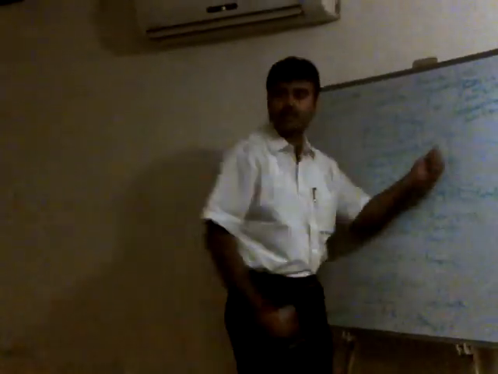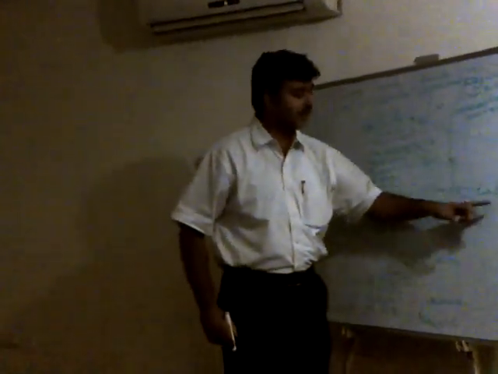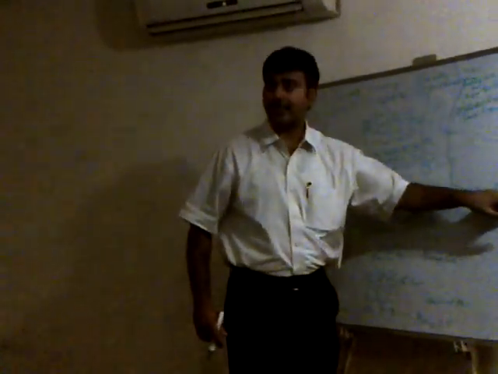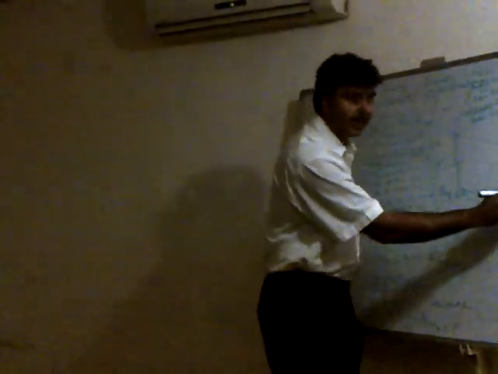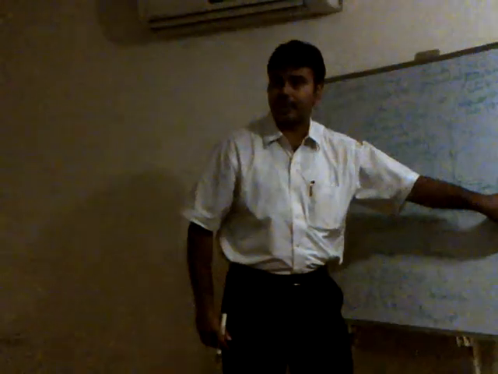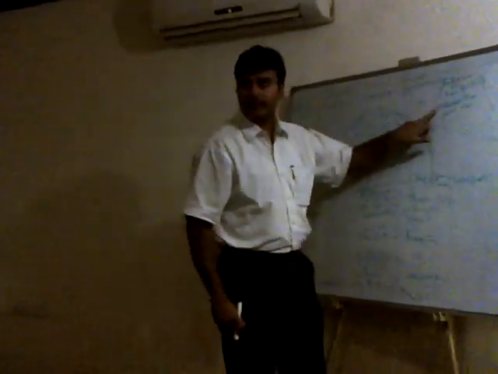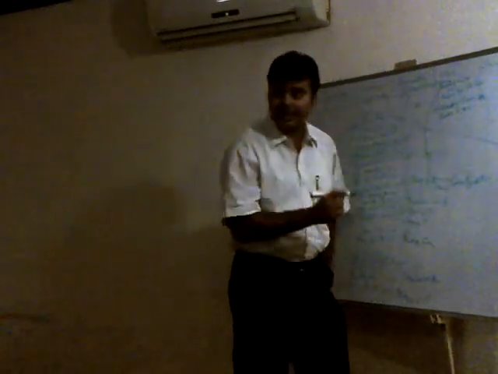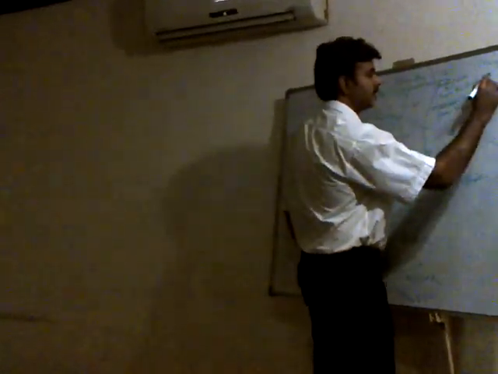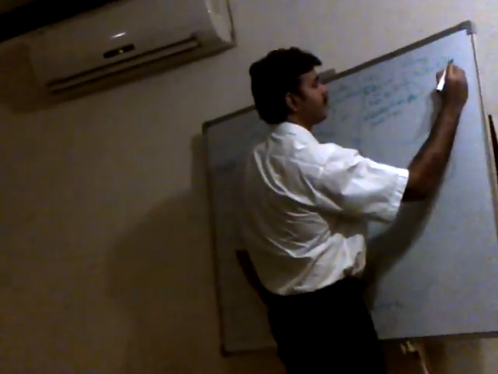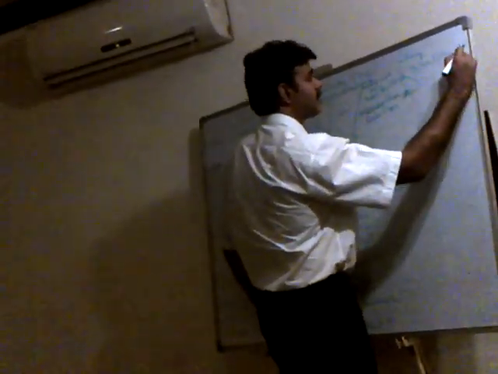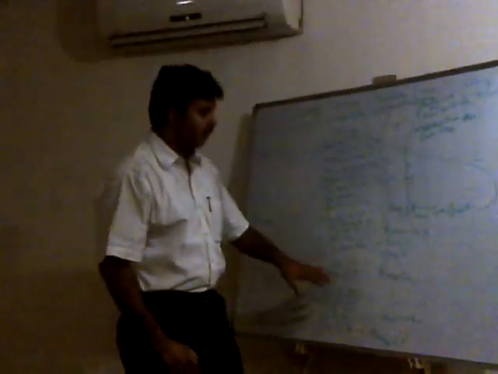Now this validated deliverable would be fed as an input to validate scope, and it comes out as an accepted deliverable. This accepted deliverable would be fed as an input to close project or phase. It comes out as the final product, service, or result. Before that, if you are doing